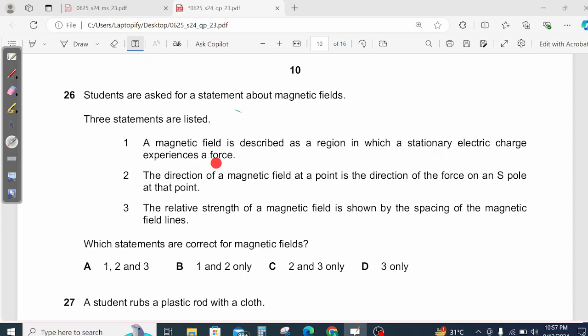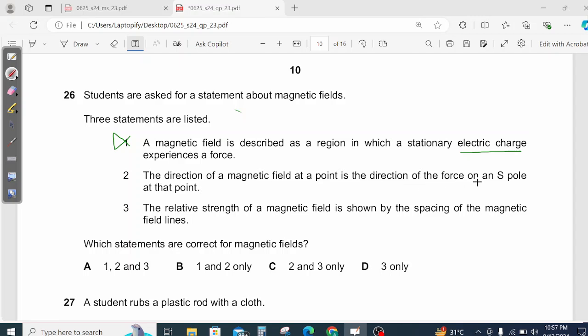experiences a force. No, this is wrong. A stationary electric charge experiences a force when it is placed in the field of an electric charge. It will not feel any force in the presence of a magnetic field. So this is incorrect, because this is related to the electric field of the electric charge. If you look at the second one, the direction of the magnetic field at a point is